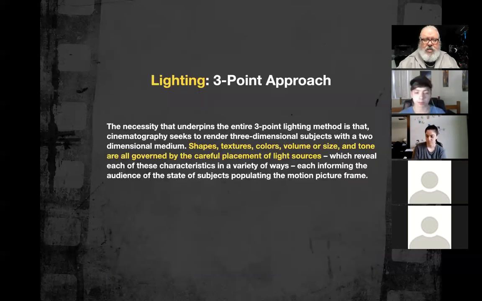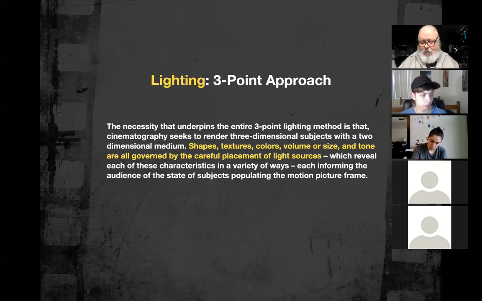All right, the necessity that underpins the entire 3-point lighting method is that cinematography seeks to render 3-dimensional subjects in a 2-dimensional medium. That's very important to remember. Shapes, textures, colors, volume, size, tone, all these things are governed by the careful placement of the light sources. The sources reveal each of these characteristics in a variety of ways, each informing the audience of the state of the subject